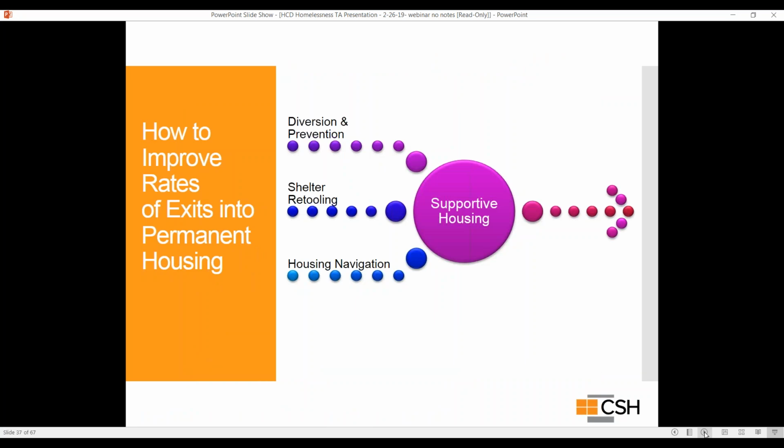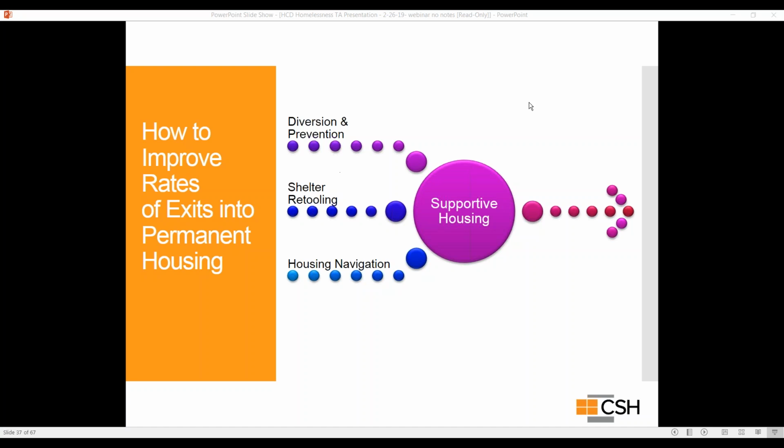So how can CSH work with your community to improve rates of exit to permanent housing? Glad you asked. So we're going to go through a number of examples in these next few slides. Some households may only need a few connections to community resources to prevent a homelessness episode. If you can imagine a family of 5 being diverted from the homeless system altogether because a crisis support line or an emergency shelter attendant was properly trained and equipped to triage and link the household to valuable support and